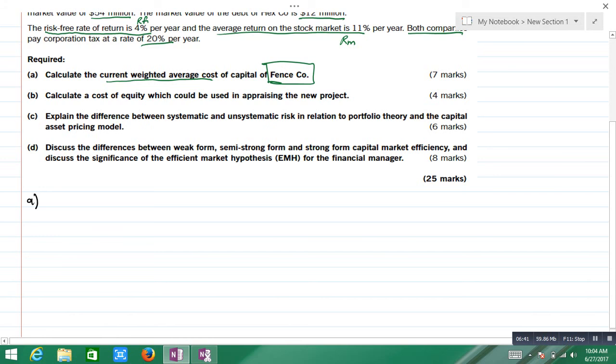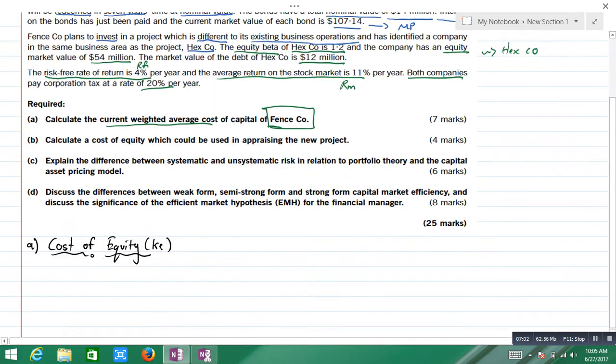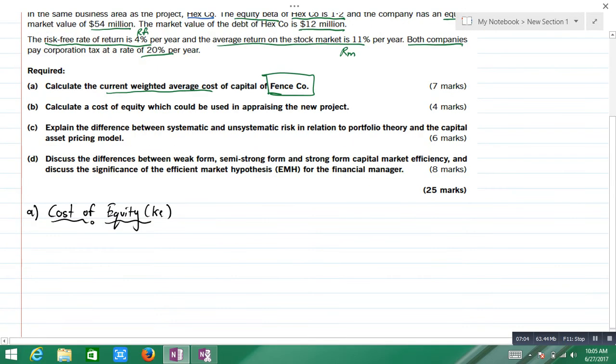So we have to do a few workings before we get into the WACC calculation. The first one is going to be, as usual, we start with cost of equity, KE. Now in this question, definitely there is no dividend given, so we're going to use what? CAPM formula,